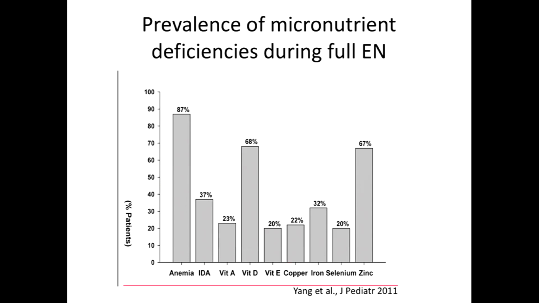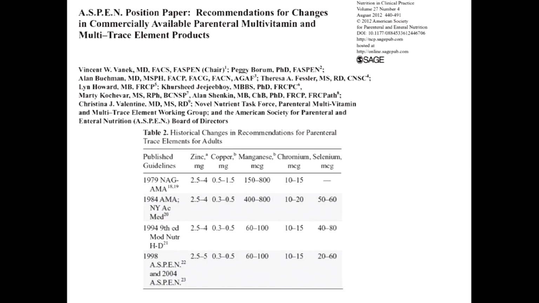Now, the American Society for Parenteral and Enteral Nutrition has been, for many years, the main sounding board and physician recommendation publishing group for nutrient requirements in home parenterally fed or chronically parenterally fed patients. And I have a few slides from their recent publication just to illustrate the fact that these recommendations, I hesitate to call them requirements, have shifted over time depending on the nutrient. So concern about manganese toxicity has led to a progressive reduction in the recommendations for daily intake for adults.